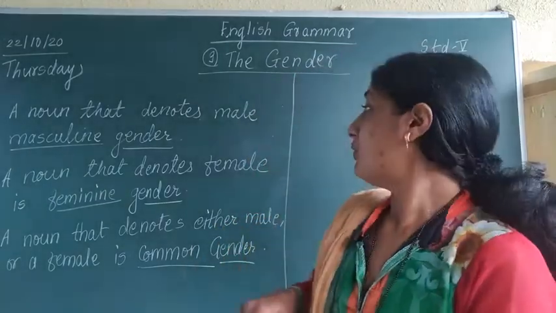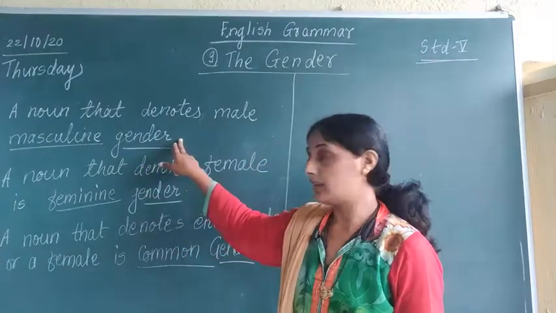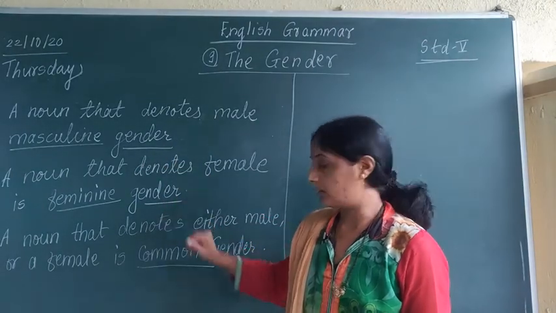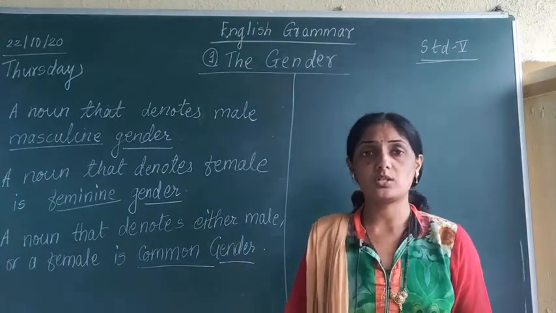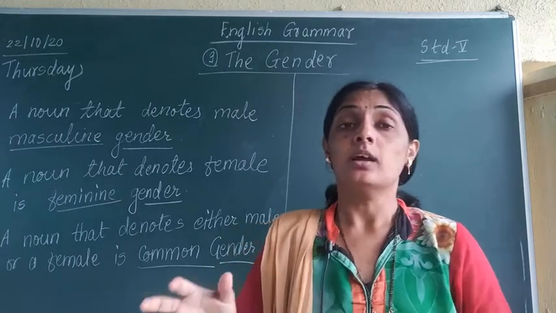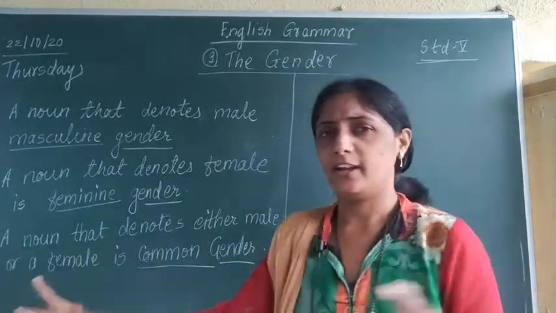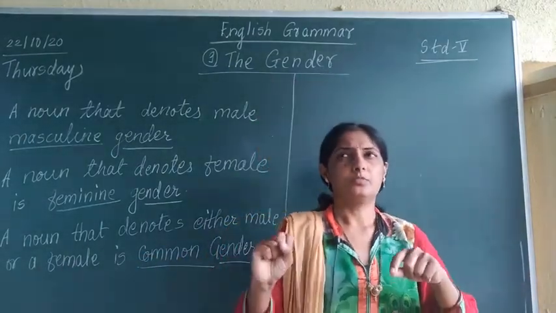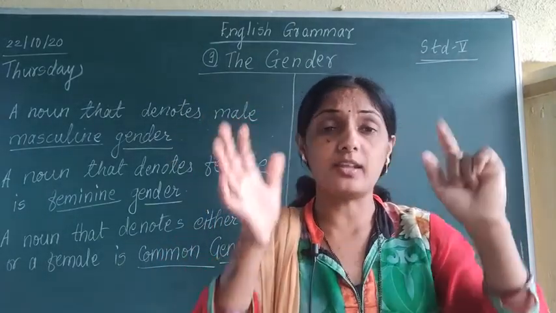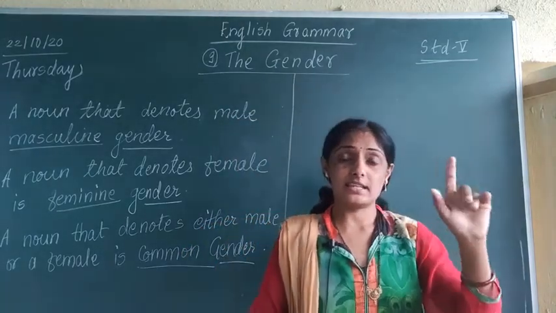For masculine gender, what do we call it in Marathi? Purlinga. Feminine gender, what do we call it in Marathi? Strilinga. Common gender is called what? Napusakalinga. No, neuter gender is called Napusakalinga. Is it different? I think so. In Marathi, I have got confused. I do not have that much knowledge of Marathi. But Purlinga is male and Strilinga is female.